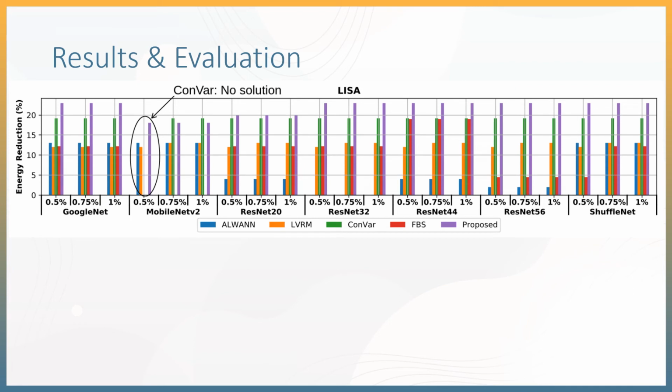Finally, the corresponding results for the LISA dataset are shown in this figure. For this dataset, our method achieves the highest energy gains that we observed throughout our evaluation experiments, being 21.86% on average across all neural networks and thresholds. In this dataset, LVRM and AL1 achieve